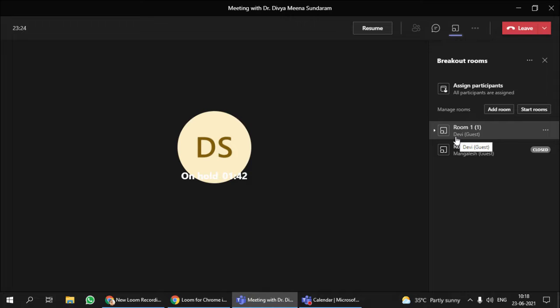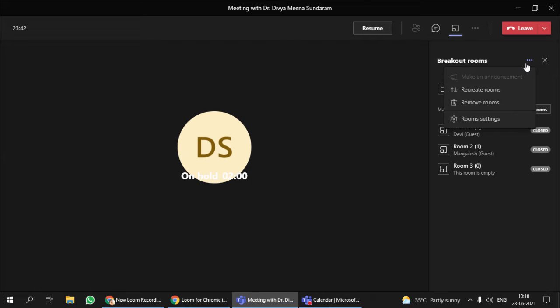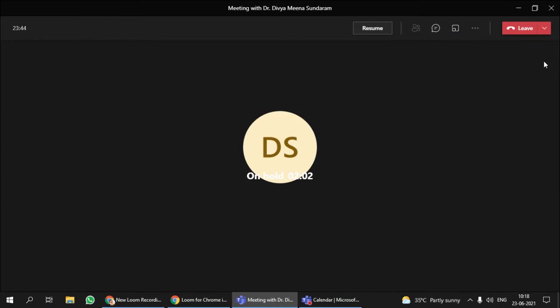Unfortunately, one participant has left the meeting, so we have one participant in each of the teams. If you want to add more rooms, you can click add room and you will get one other room. If you want to start all the rooms in one go, then you can just click on start rooms. Those are all the options. Thank you.